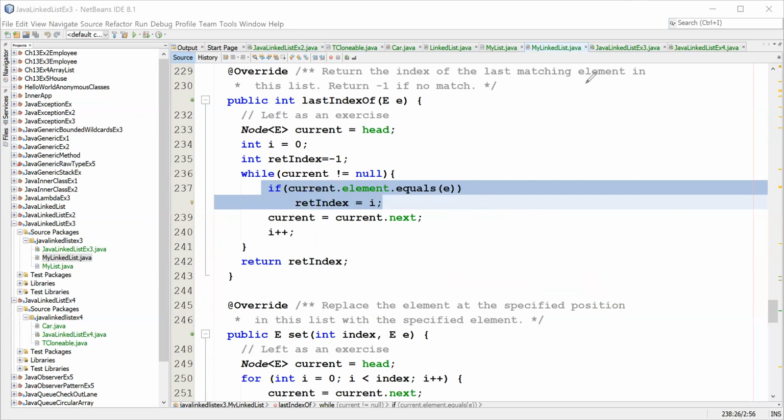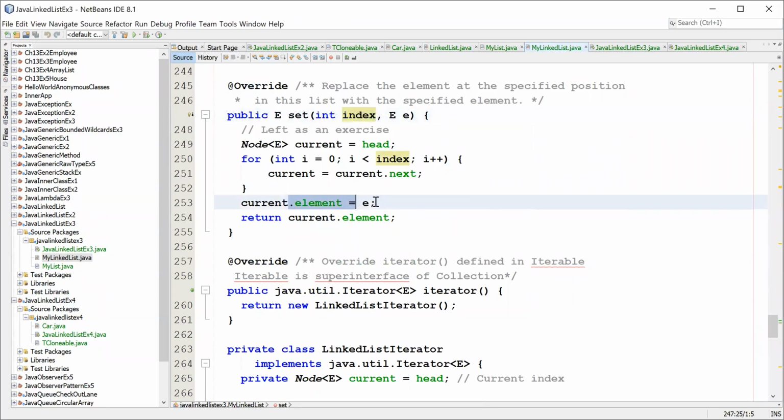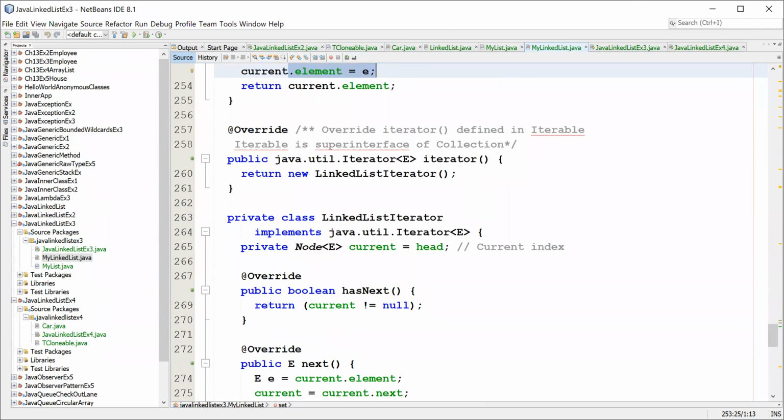Okay, so next is the set method. You take the item from that index, and then you just update its contents. Nothing new here. And for this version of linked list, we still provide the iterator method. You may say, oh, this one didn't implement the Iterable interface, but remember it implements MyList. So basically the hierarchy here is Iterable,